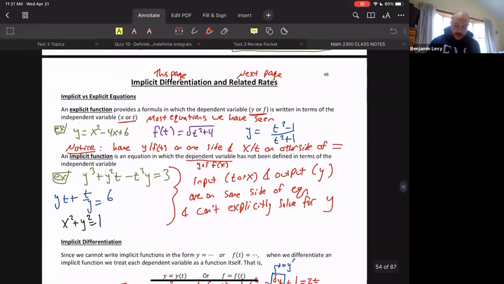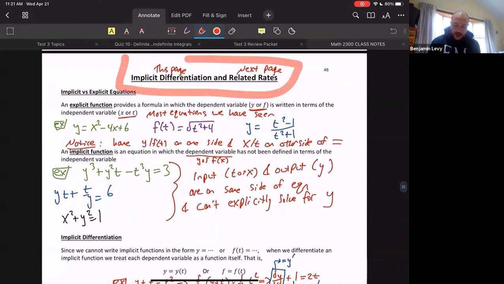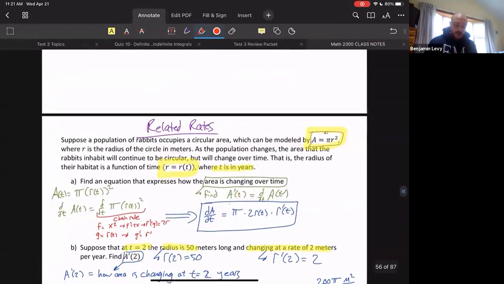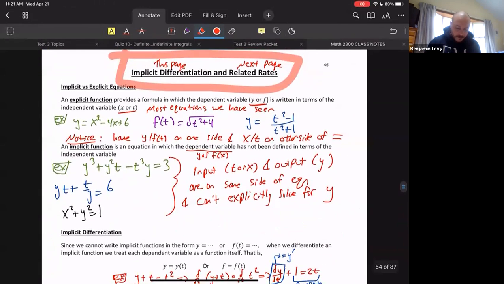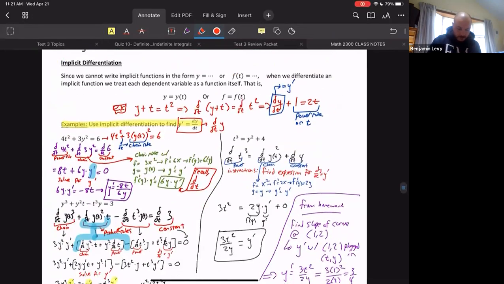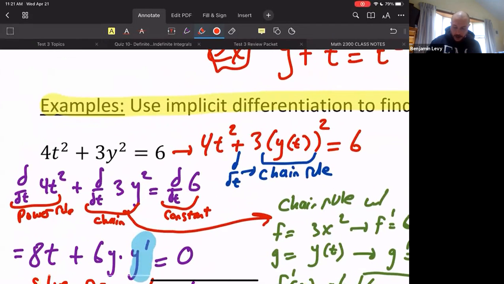All right, so these two things are on the same page. You can see implicit differentiation and related rates. We talked about implicit first, and then we use it immediately inside related rates, which are on the next page, right? As a quick reminder about how this worked, instead of just having x's in a function and taking derivatives with respect to x, all of a sudden we have hidden variables inside of functions that we don't really know about. So for example, let me zoom in on this one problem.